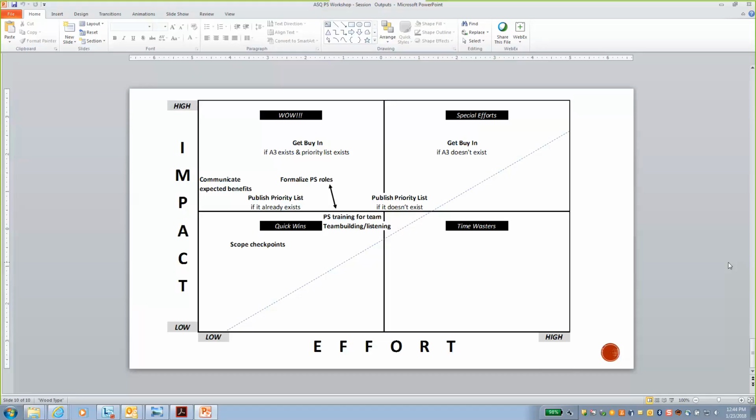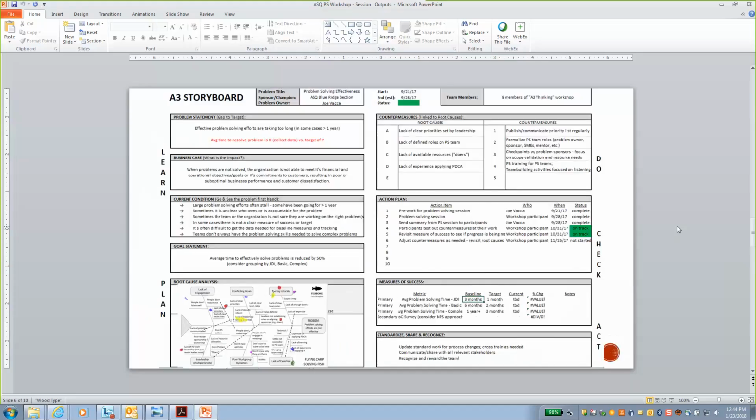And so with that, let me actually go back to what the A3 looks like. So I referenced this earlier in the session. This was another tool we handed out before even session one. So the PDCA 101 that we did with the Blue Hills session,